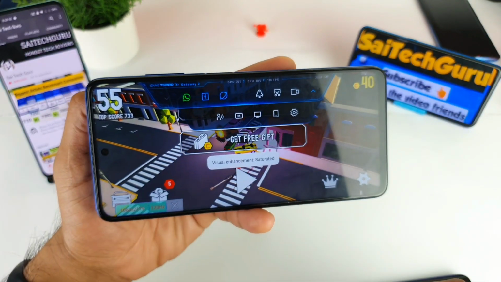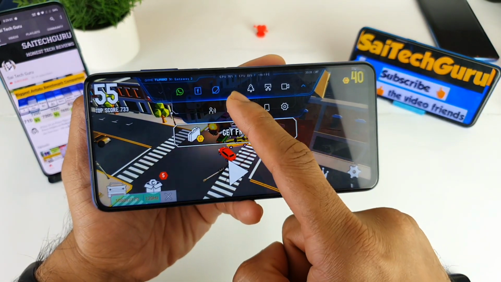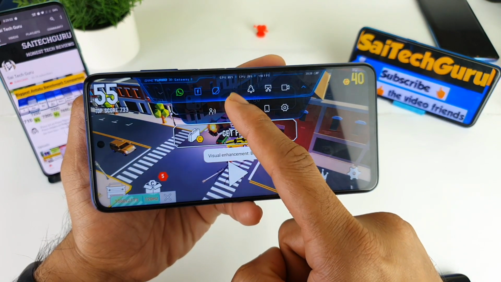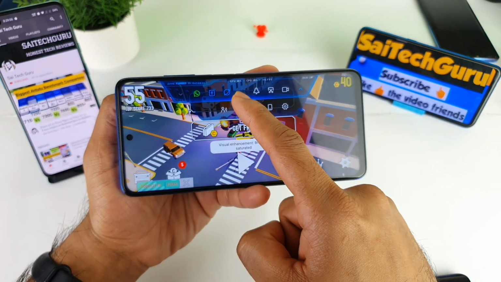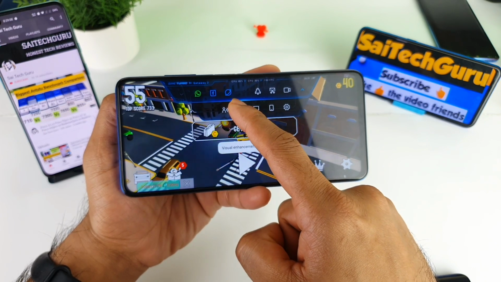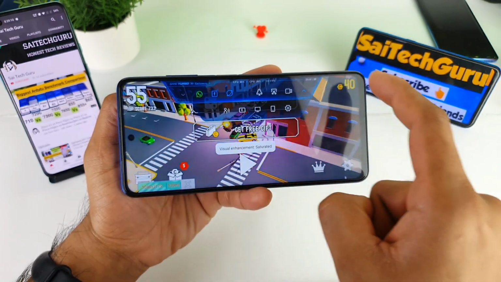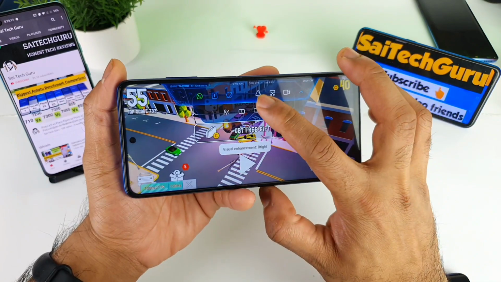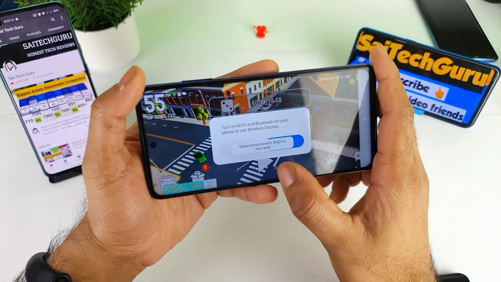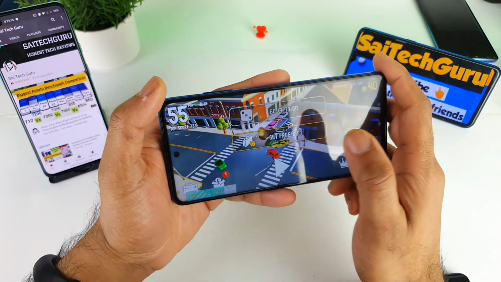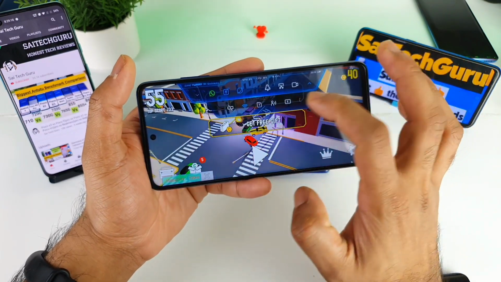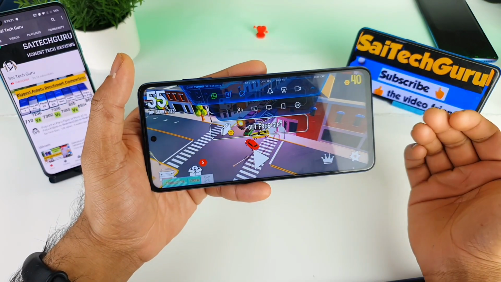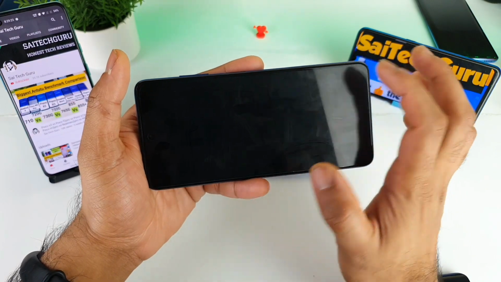And next is the visual enhancement mode, by using which you can actually increase the colors as well as the brightness levels, which is very good. You can actually see the difference. The colors are increasing and getting brighter. So next, as you can see, there's turning off the Bluetooth and using the wireless display. To share the gameplay as well, there's a direct option for casting the phone. That's a good advantage here. And next is